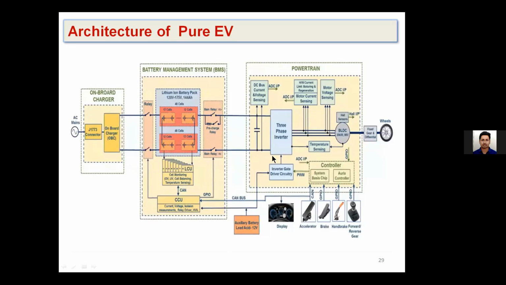In the powertrain, the DC voltage obtained here is fed to a three-phase inverter. We use a three-phase inverter. Why? Because it's generally suitable for high power applications. This particular point we call the DC bus voltage, which is generally maintained constant. We'll have various control algorithms, and finally the voltage obtained here is to be maintained constant.